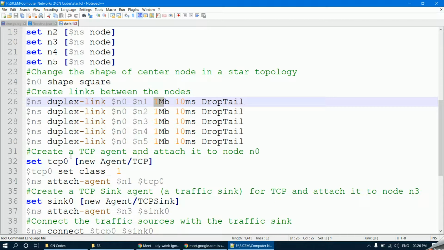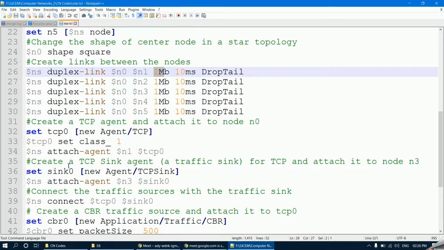Okay? Now, the next part is to create a TCP agent and attach it to node n0, which is my central node. So how are we going to do this? Set tcp0 in your square brackets new Agent/TCP. I know you all are not familiar with the syntax of TCL, but this is how it works.